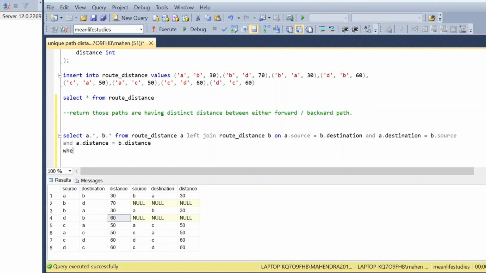Now we'll see what we are going to filter out here. We need to have only the forward path, right? Like A to B, like B to C. Likewise, the source will always be less than the destination, right? So how can we figure that out? We'll just take a.source always less than b.source, sorry, a.destination, right? Now if you see here,